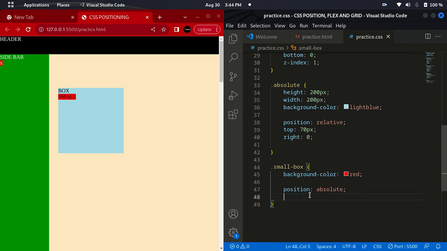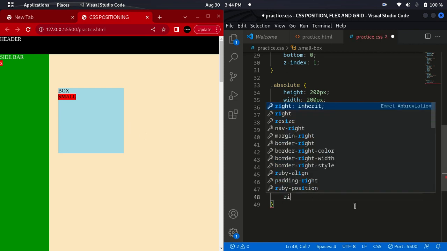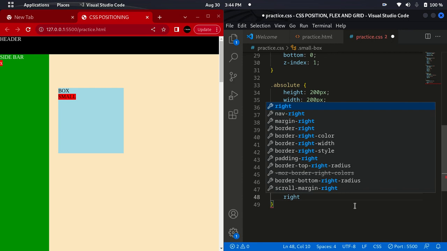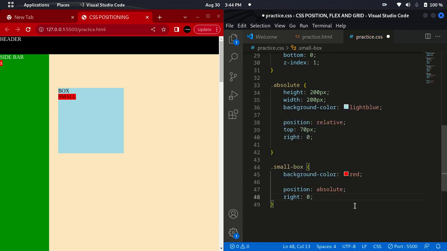I'm going to position it left, right, 0, and save. See, it's here. Let me take it up a little. That means I'm going to say top